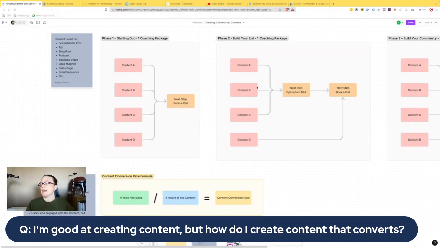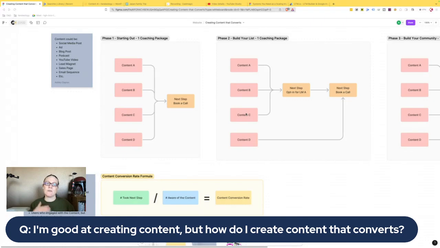When you're analyzing, it's saying, okay, out of content A, B, and C, which one of these content pieces is doing the best at getting the conversion? So which one of these has the highest conversion rate? And then from there, you look at, okay, well, are there more topics, or are there specific topics or things that are more effective in getting people to take the next step? Are you using the right next step for the content that you've created? There's a lot of these different questions that you could ask and go through.